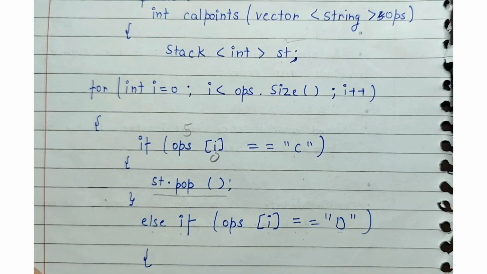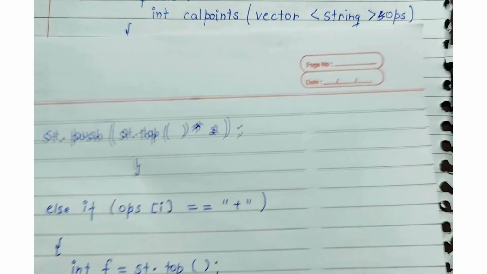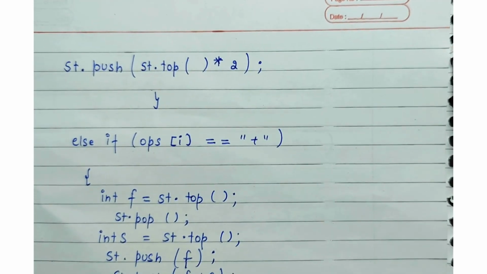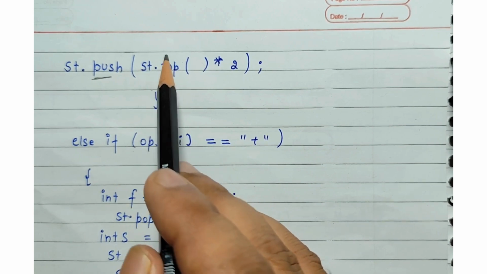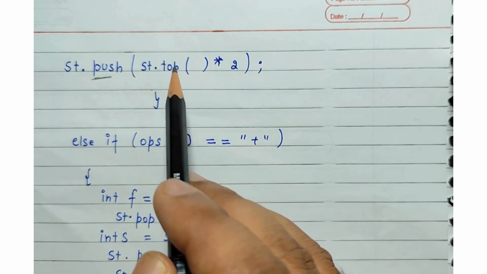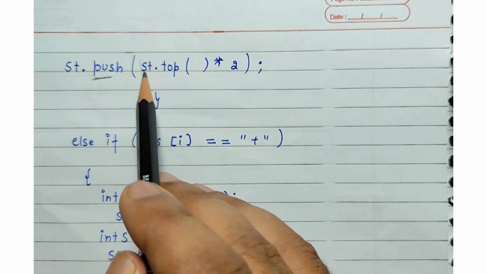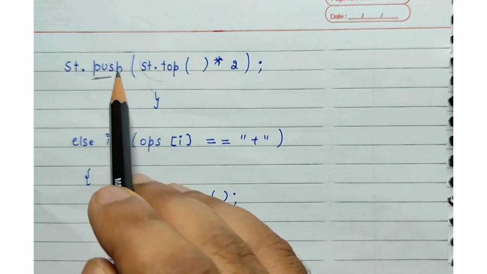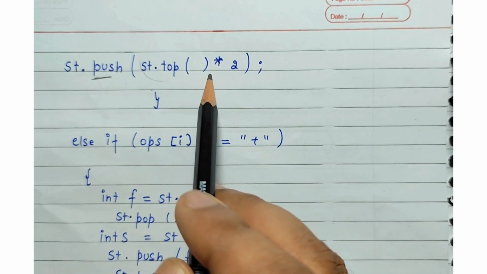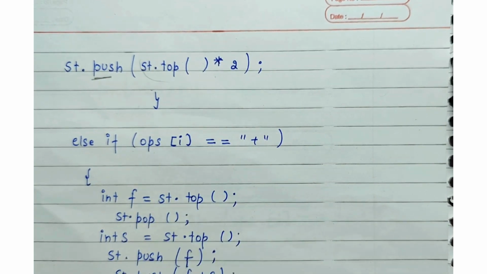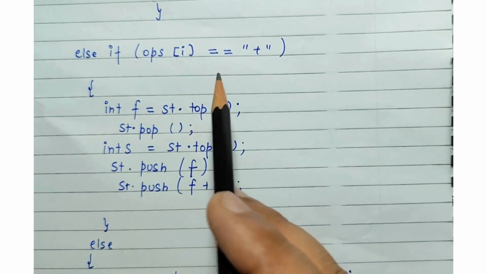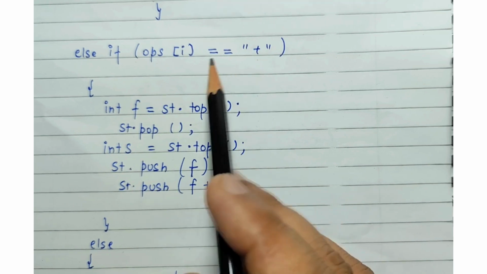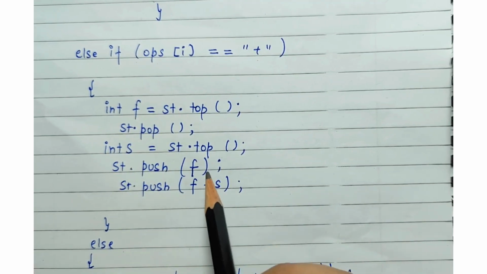So what I do here is I have to push whatever value is at the top of the stack. We make that value double and then we push that value into the stack. Okay, and in the else part, if plus character will come, then we have to perform the addition